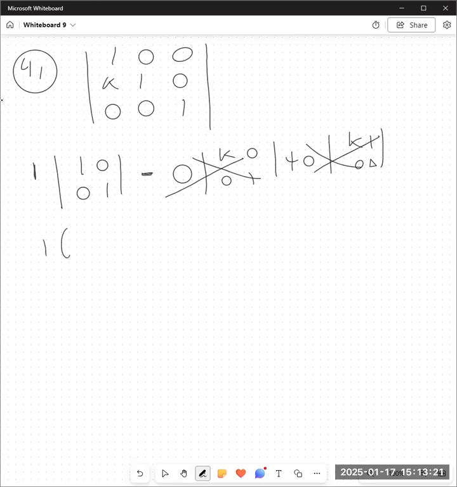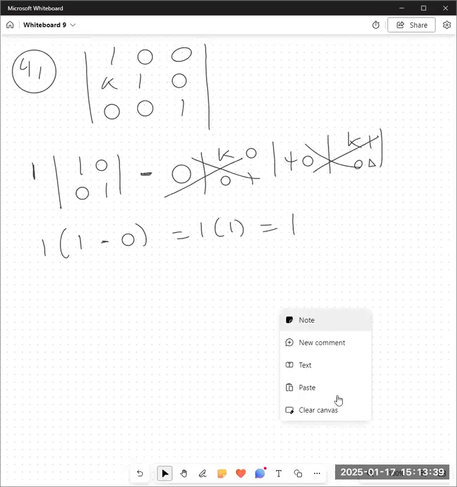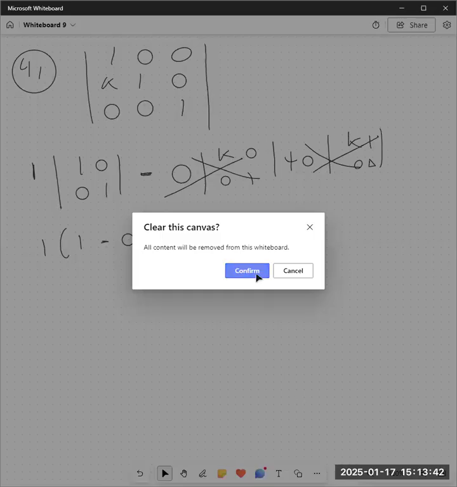So 1 times 1 times 1 is 1, minus 0 times 0 is 0. 1 times 1 is 1. So my answer is 1. Number 45 asks me to find the determinant for these matrices. 45A